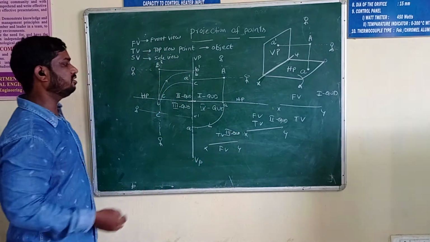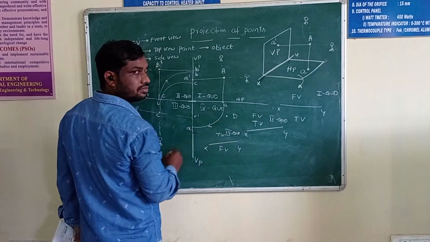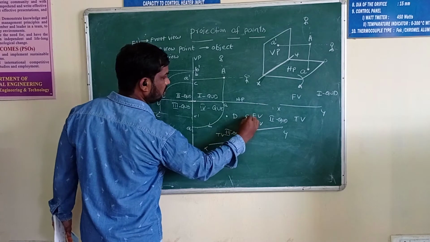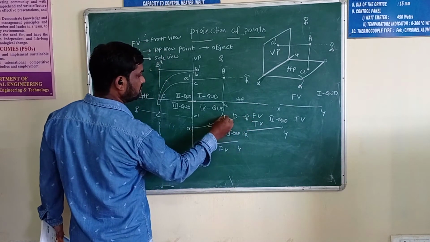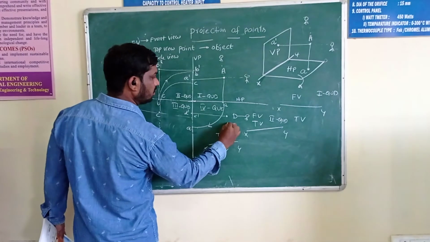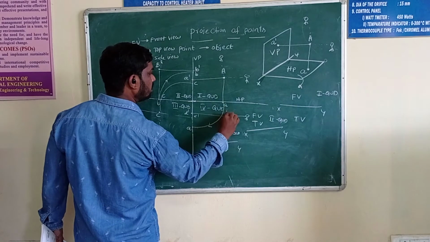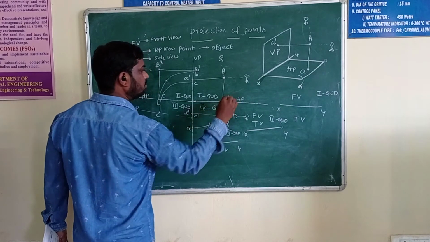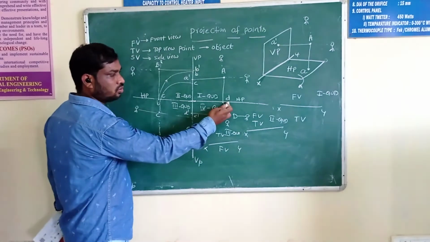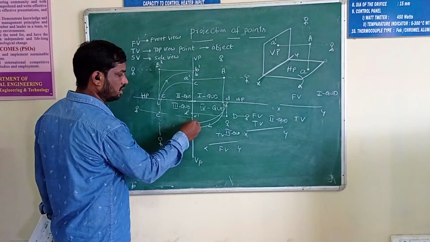And the last quadrant, here the point I am taking is D, capital D. From the observer, it is seeing the object, which is projecting onto the vertical line, that is the small d dash, and from the top side, observer here, you will get the d point. What is the condition? It always rotates 90 degrees in the clockwise direction. You can rotate like this, and you will get the d point here.